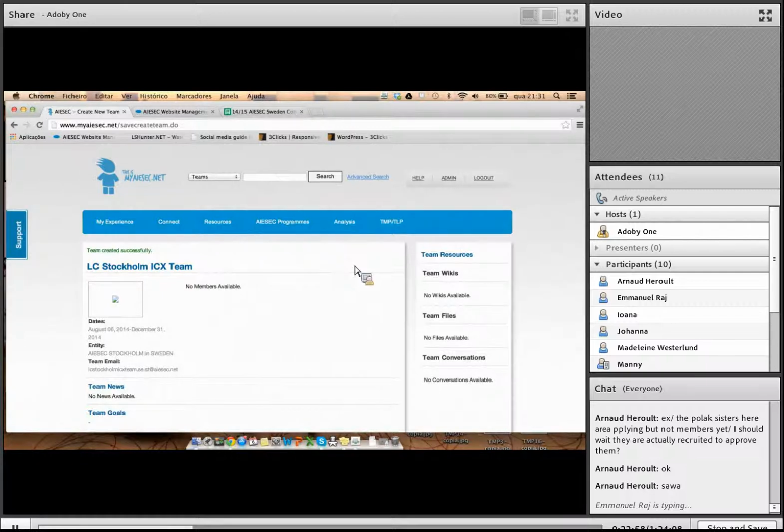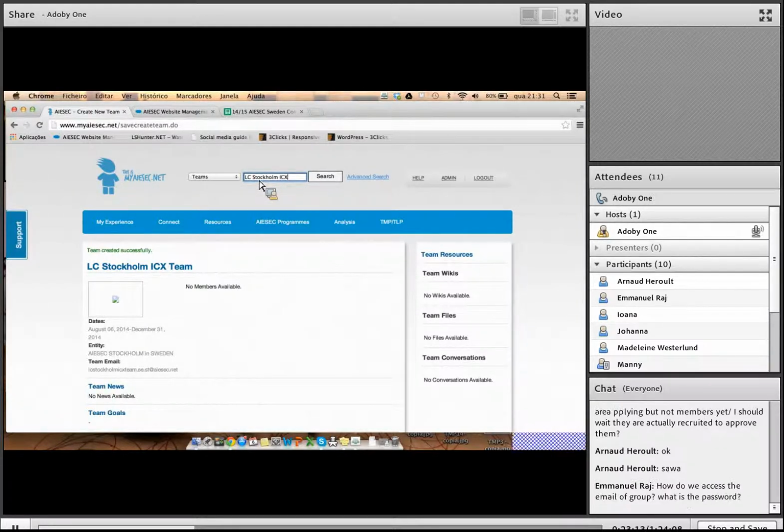But what you should know is that in as much as the team has been created, you cannot view the team. So if I go to Teams right now and I type in LC Stockholm ICX team,